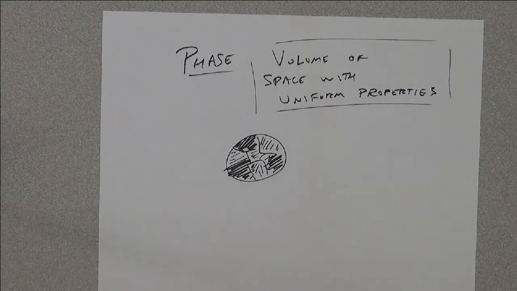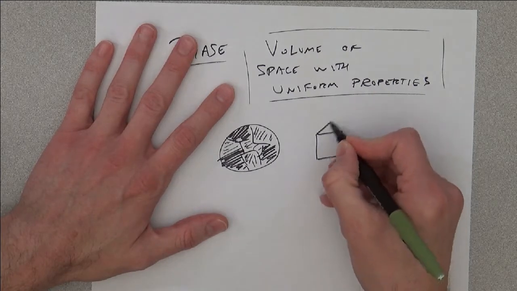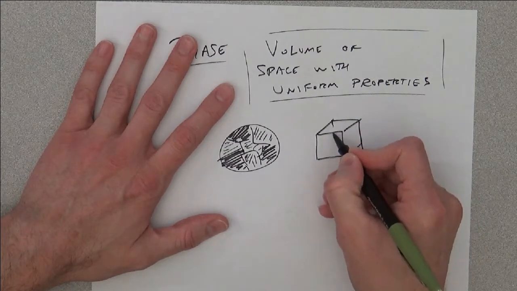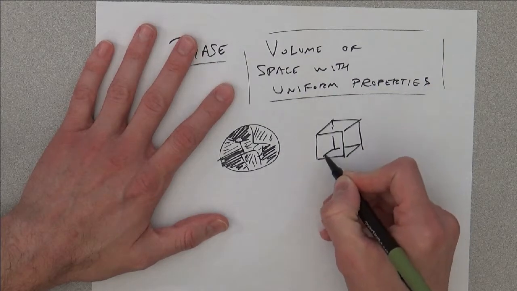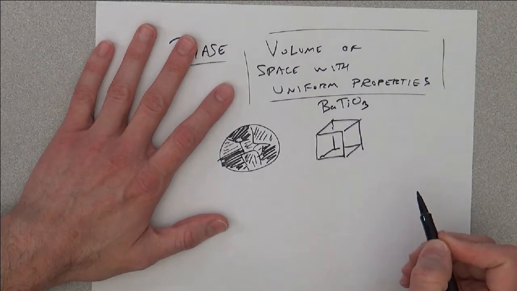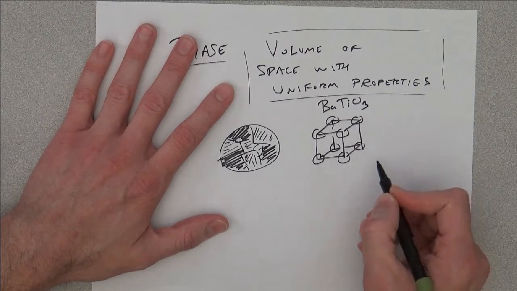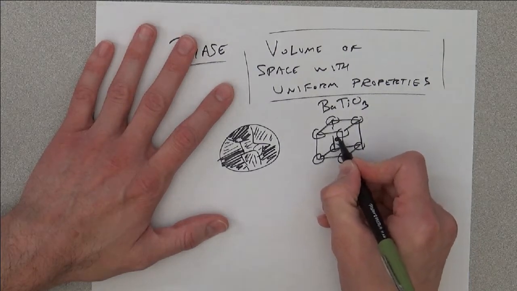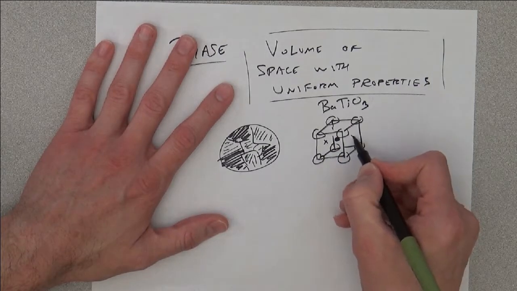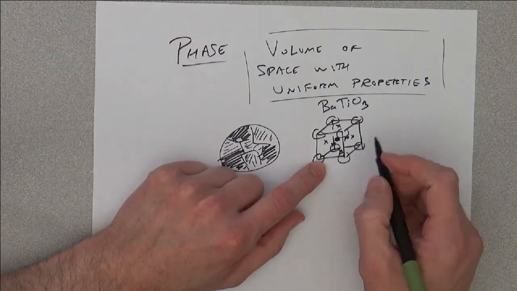Some of the phase distinctions are actually fairly fine. For example, in some of the perovskite compounds, for example, barium titanate, which is a very common dielectric material. In barium titanate, BaTiO3, you have barium atoms on the corners of a cube, and you have titanium in the very center of the cube, and then on each of the faces, you have oxygen. Well, this is cubic,